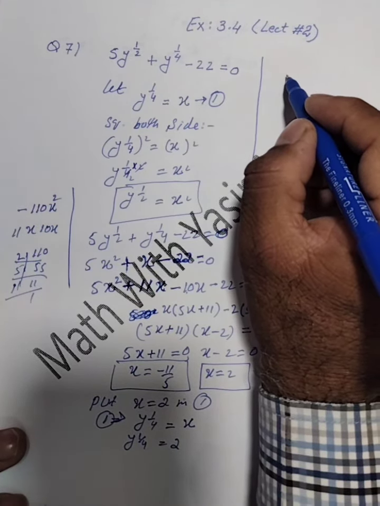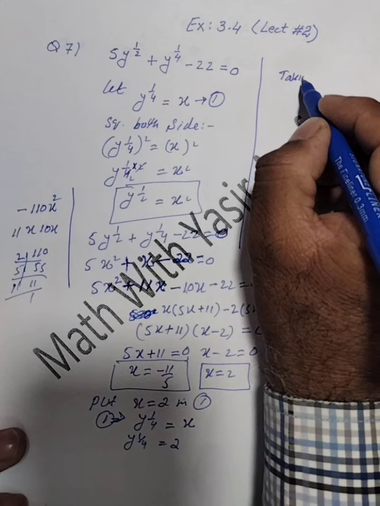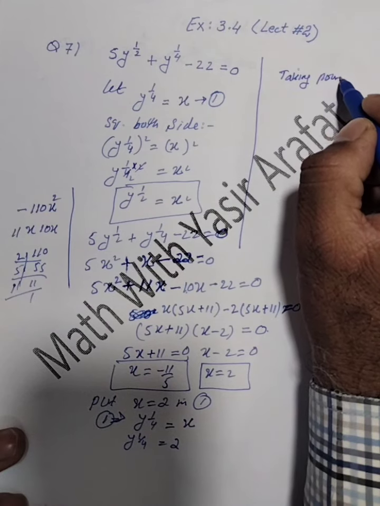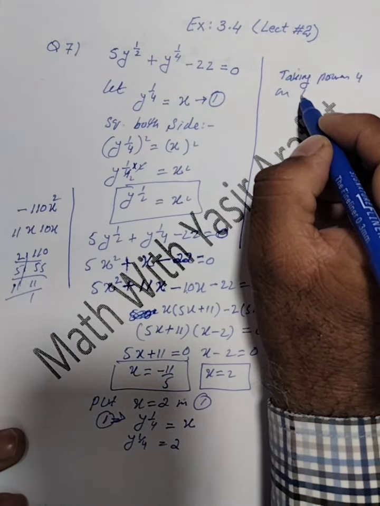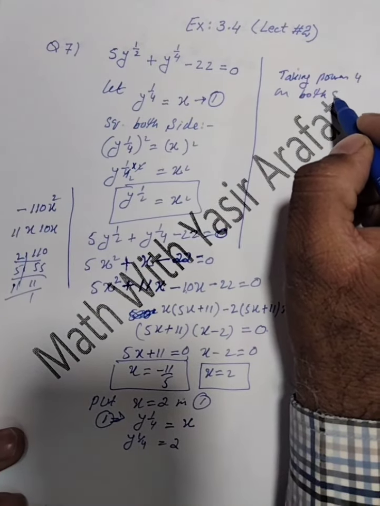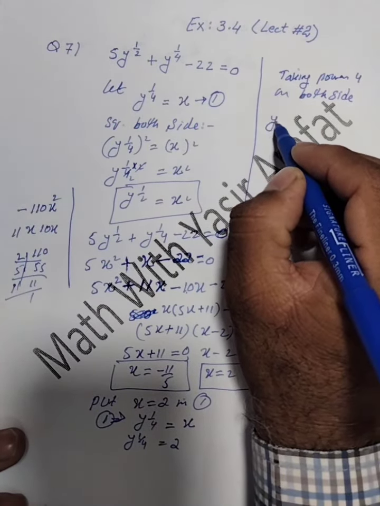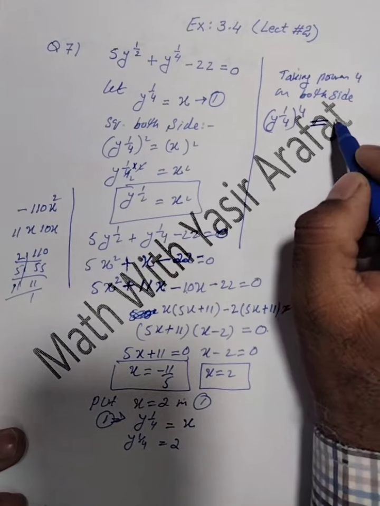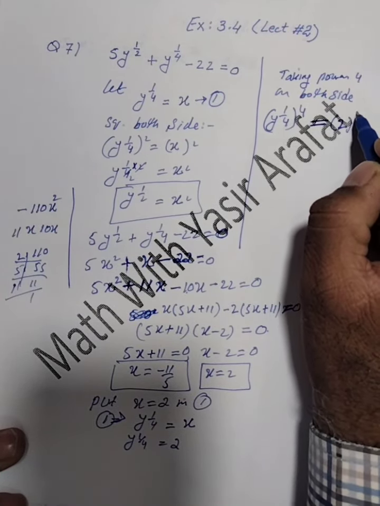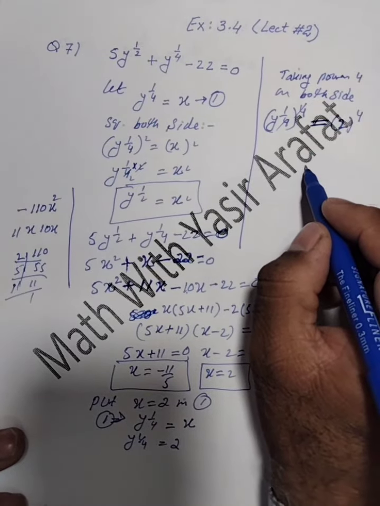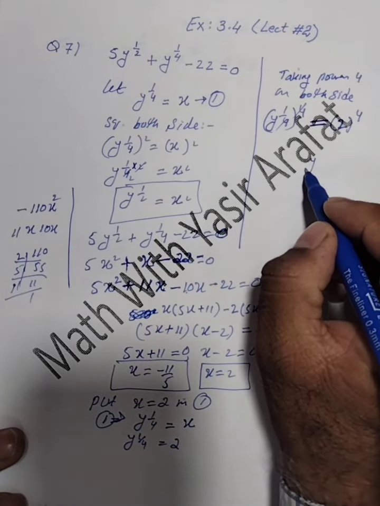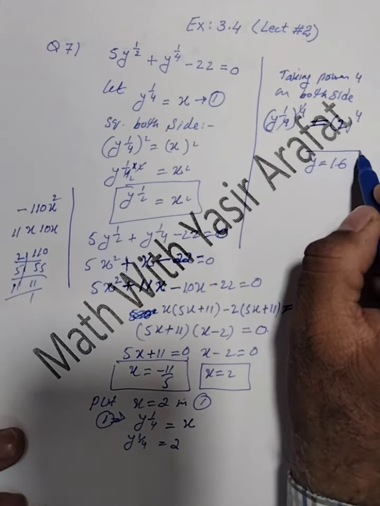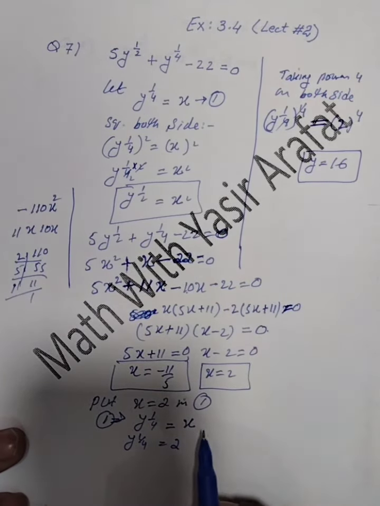Taking power 4 on both sides, so this is y power 1 upon 4 whole power 4, it is equals to 2 power 4. So this 4 will cancel out to this one. So here the value of y is equals to 2 power 4, 2 to the 4, 4 to the 8, 8 to the 16. So the value of y is 16 when we have to put the value of x